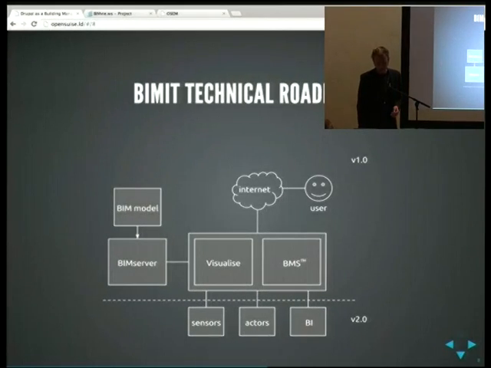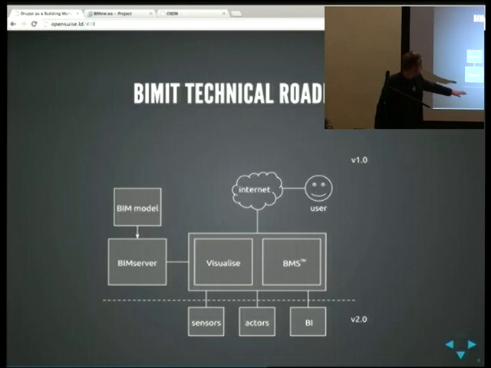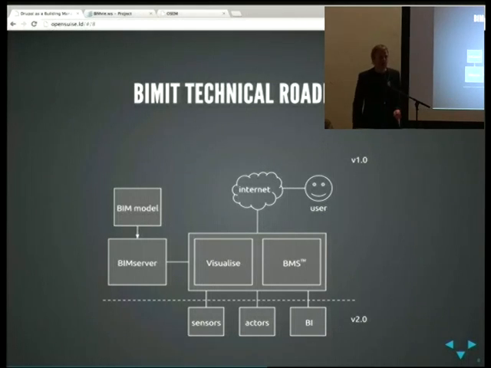So then, what we're going to do afterwards. Now we are about here. The next step would be to actually link the model, the digital model of the building, which is enriched with this metadata, with the real building. So if we add simple sensors and actors inside the building,